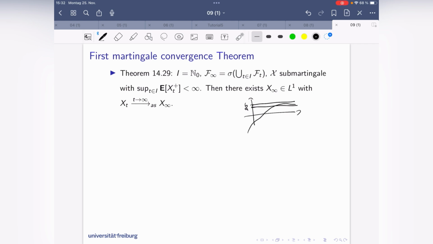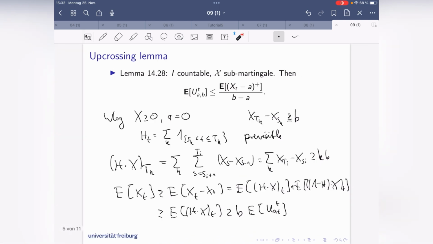That's basically the only thing that can happen. But of course, we have to be sure that the number of upcrossings between any a's and b's is finite. And for this, we have this thing here: the supremum over all t of xt to the power plus is finite. Why do we have this? Because when we have this here,